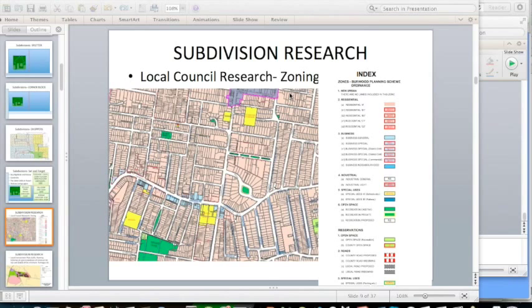Okay, so with the research that you're going to need to do, what you go and do is